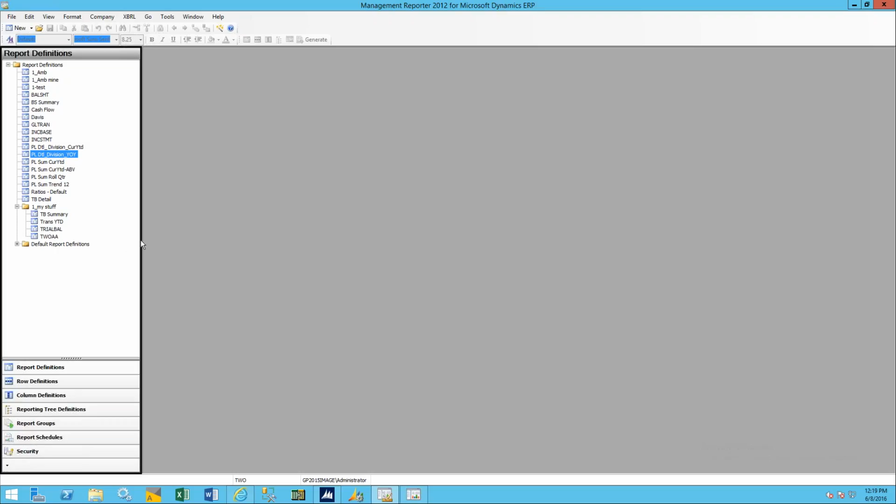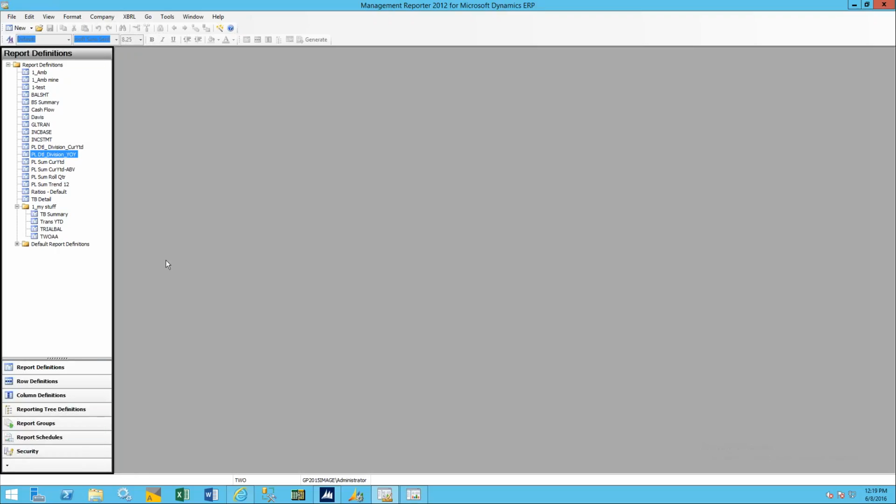and the potential fat fingering that can happen because we've keyed in the wrong trial balance number, or heaven forbid we had to make a change during the middle of the month, or we put a journal entry in and those changes don't get reflected into our new reports. So for those of you that are using Management Reporter, I'm glad to see you're here,